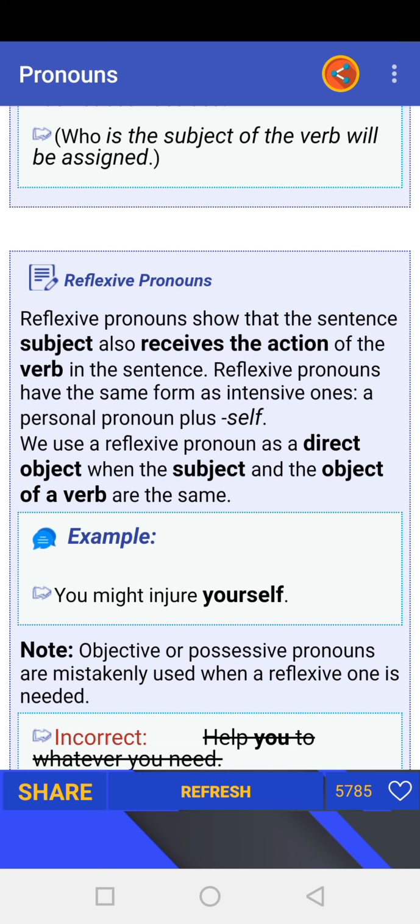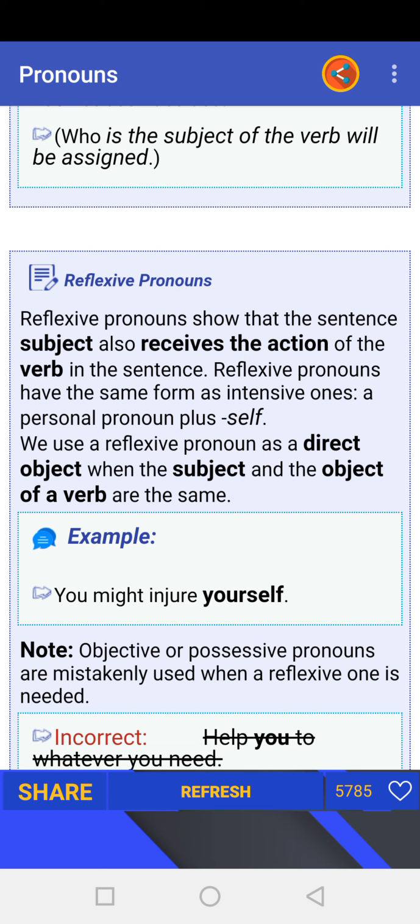So reflexive pronouns have the same form as intensive ones, a personal pronoun plus self: myself, yourself, himself, ourselves, themselves. So these are